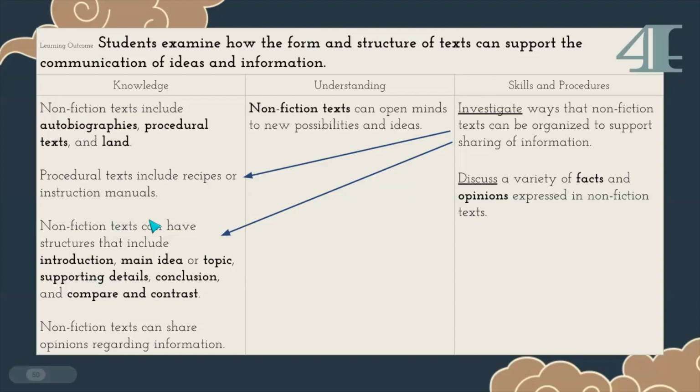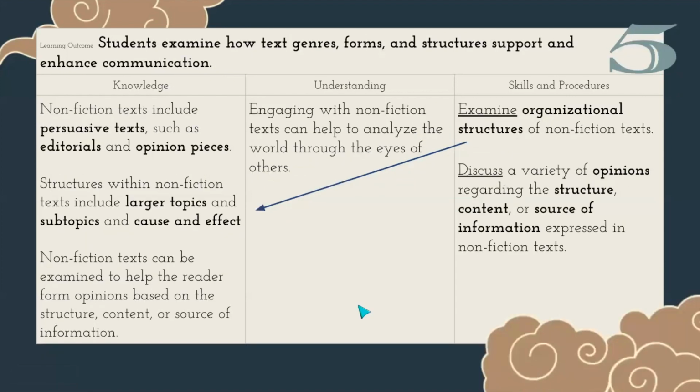And here are some of the structures that nonfiction texts can have. You're going to have a conversation with your students about the types of facts and opinions that they can find in nonfiction texts. Maybe doing some sorting there of what is a fact and what is an opinion in the text that you're looking at. In grade 5,